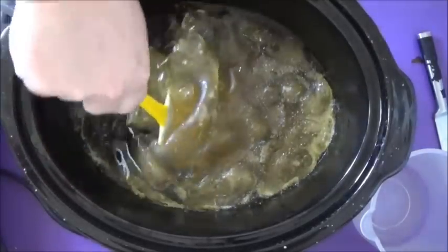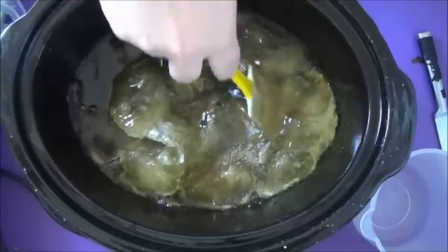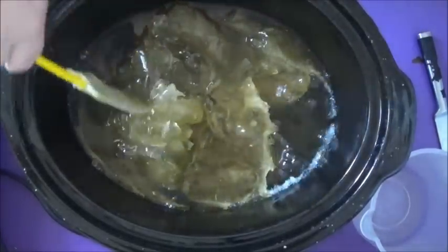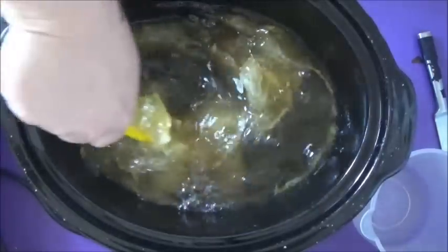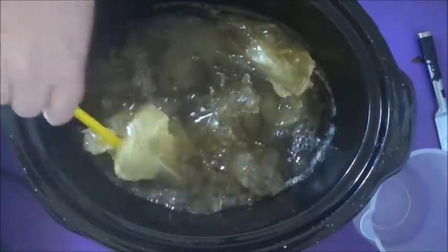I left it overnight and it's been on warm all night long. I've come back the next morning now and we're going to have a look. It looks like we're getting there. We've still got a very thick layer on top and a fairly watery layer underneath, so mixing it is important